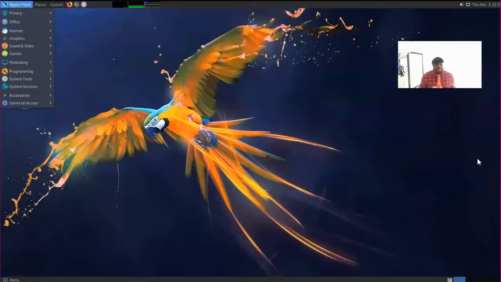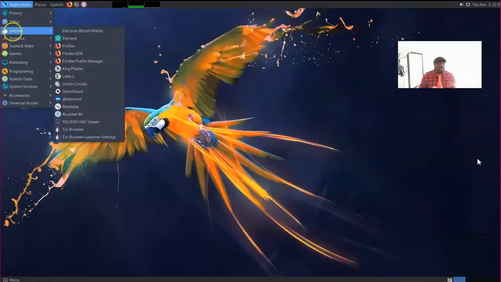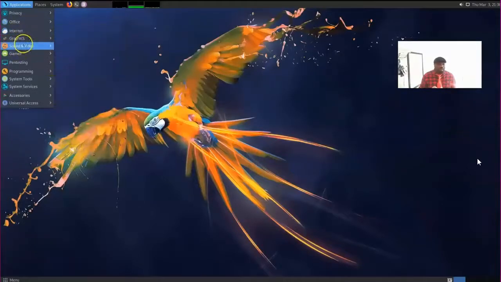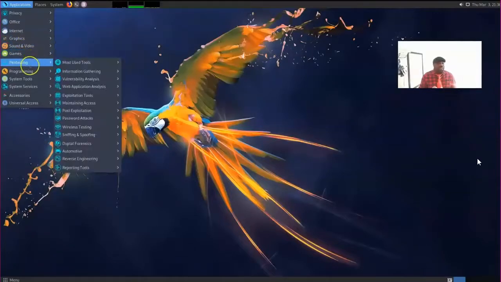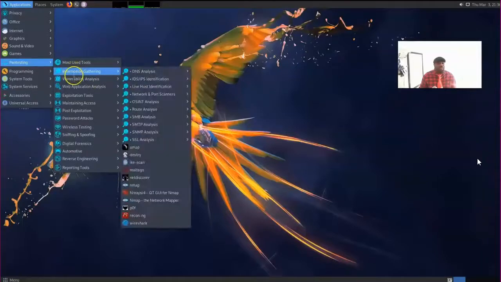So this is Parrot OS. As I said, it's a very great tool. A lot of applications have already been installed for cryptography, as you can see here, and a lot of office applications. It's Parrot OS Linux security. You can see all kinds of applications for ethical hacking and penetration testing already installed in Parrot OS. You are going to learn how to use some of these tools, and I encourage you to learn by yourself too, because there's a lot to learn in Parrot OS if you are interested in